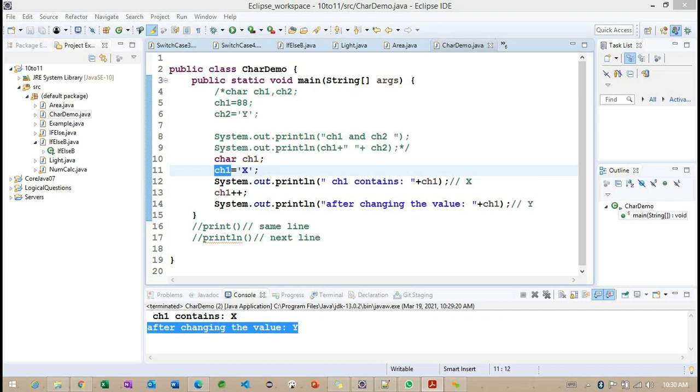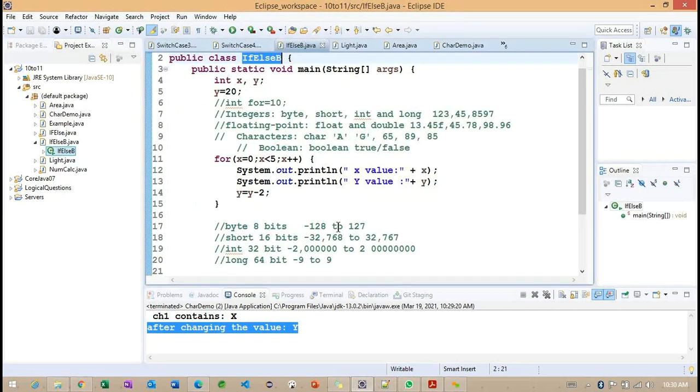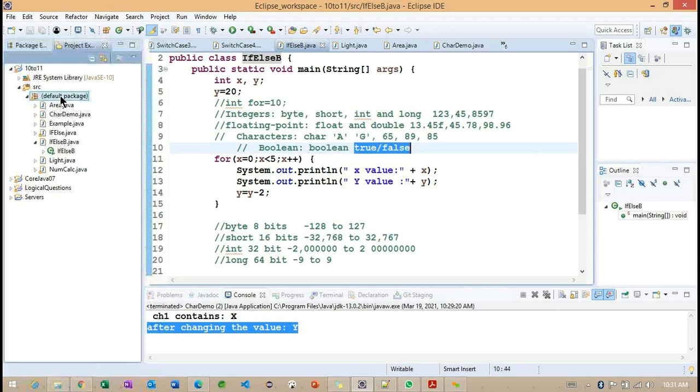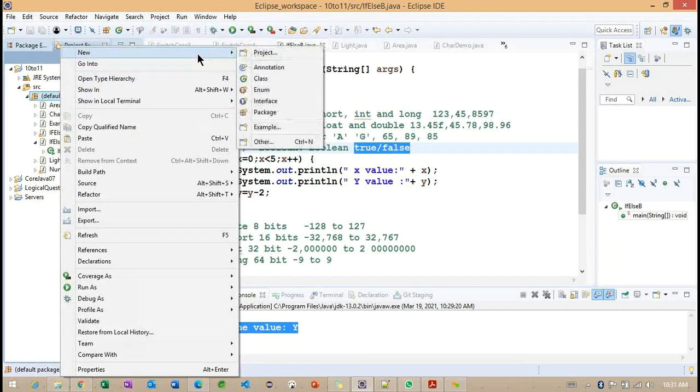So this is the simple example, the x and y, and we'll move on to the Boolean data type here. Okay. So for the Boolean data type, we already identified what values it contains. It contains two values here, true or false. Okay. So the Boolean data type contains true or false. So we'll have a simple example on this particular Boolean data type here.